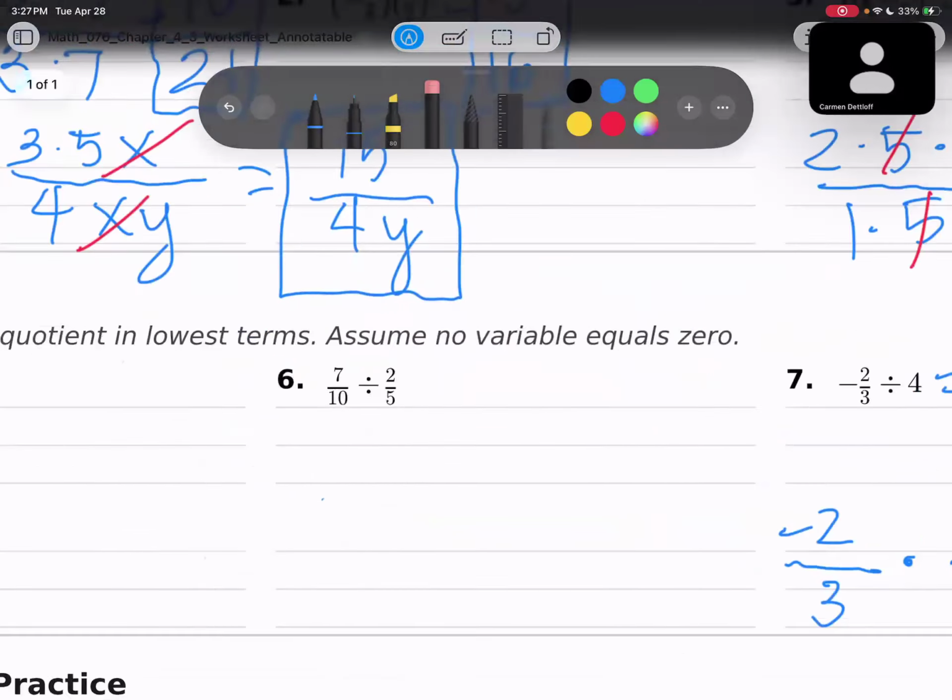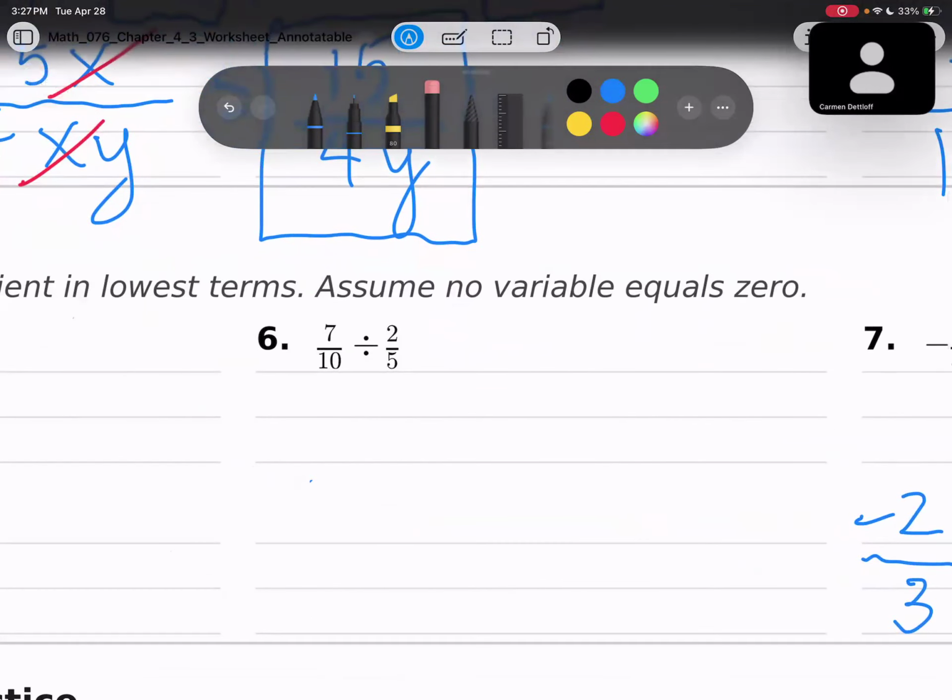Okay, let's look at number 6. 7 tenths divided by 2 fifths. Okay, so I'm going to keep my first one, 7 tenths. I'm going to switch my sign to times, and then I get 5 in the numerator, 2 in the denominator. Awesome. And now I notice that I'm going to have 7 times 5 in the numerator, all over